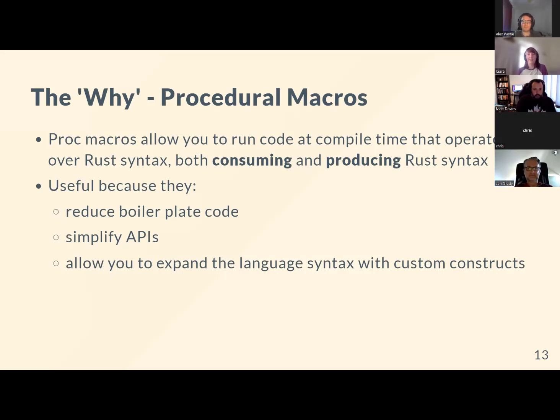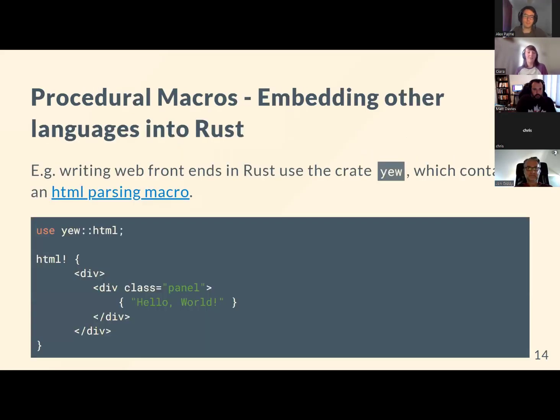And that's what you'll see with things like Rocket. And they can also allow you to expand the language syntax with custom constructs, because the code in between those brackets doesn't have to be strictly valid Rust. It doesn't have to be Rust code itself. So an example would be someone's created this crate called UHTML that allows you to basically write HTML inside your